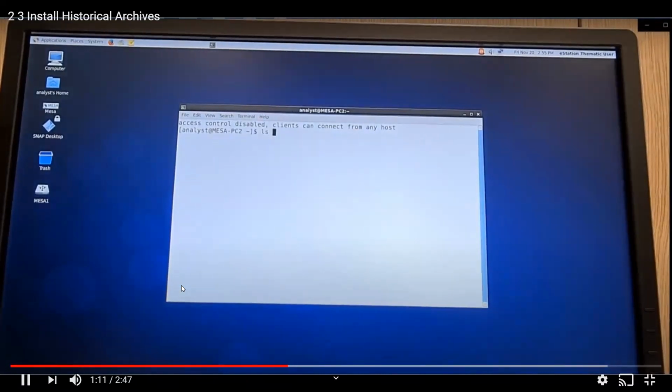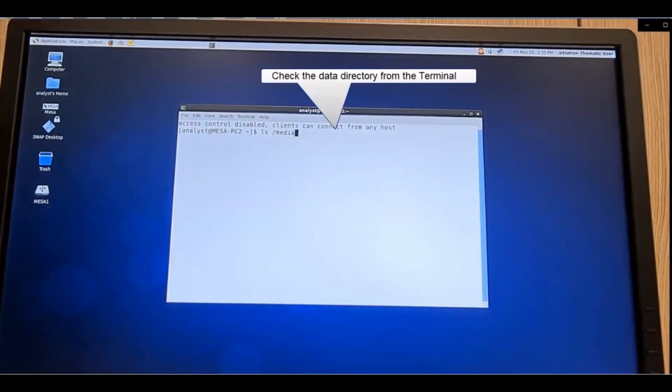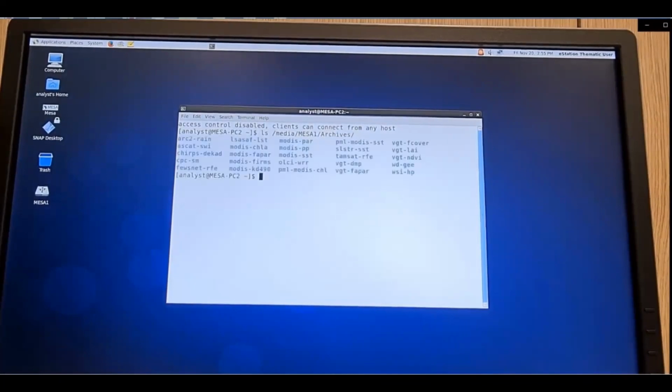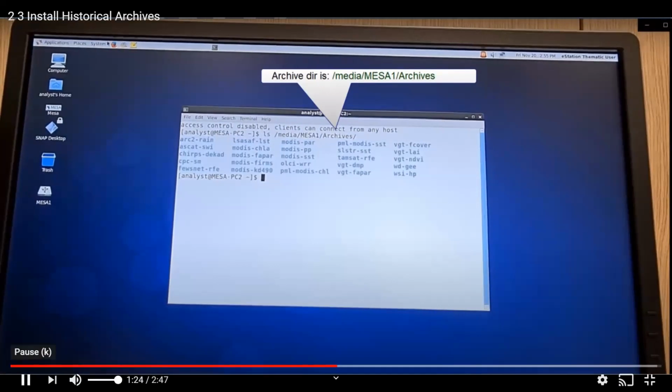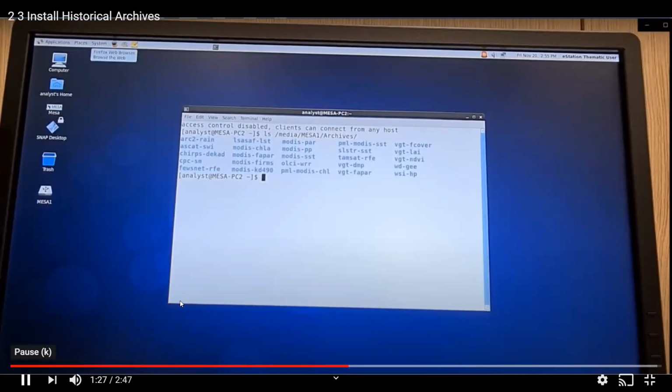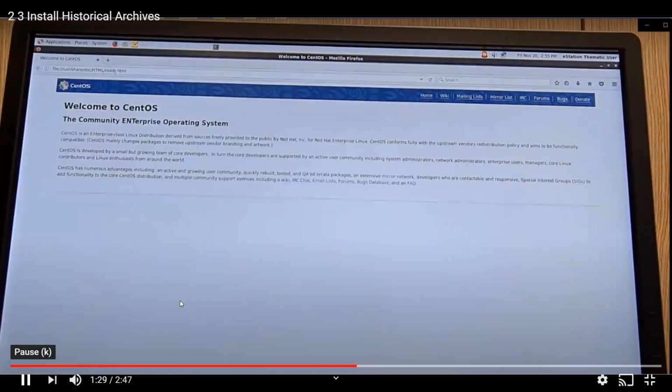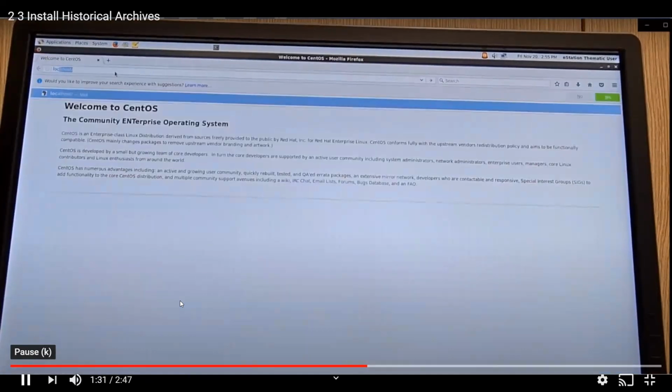Once you log in and have the data, go to the media folder here in the terminal. Go to media, Mesa 1. Mesa 1 is your hard drive, though of course it can have a different name in your case. And then the archive is the folder where you have this list of data. So we already checked where the data is. Go there and then go to the dashboard of the